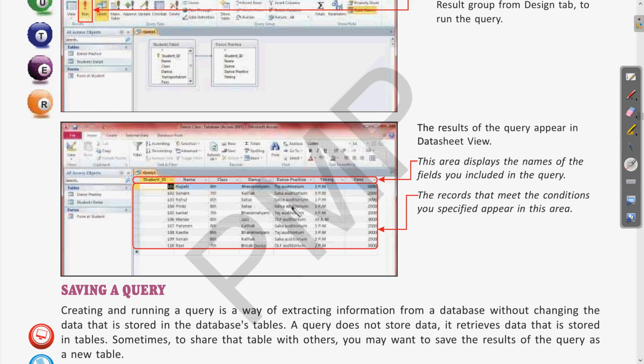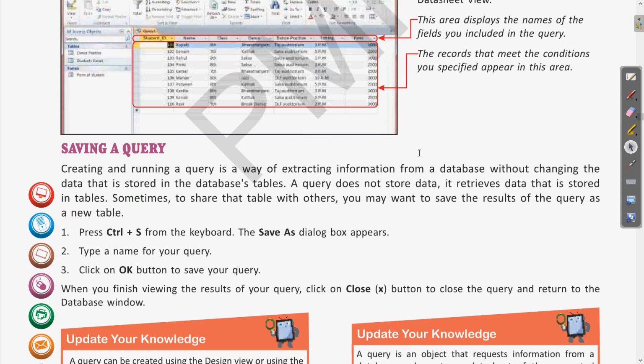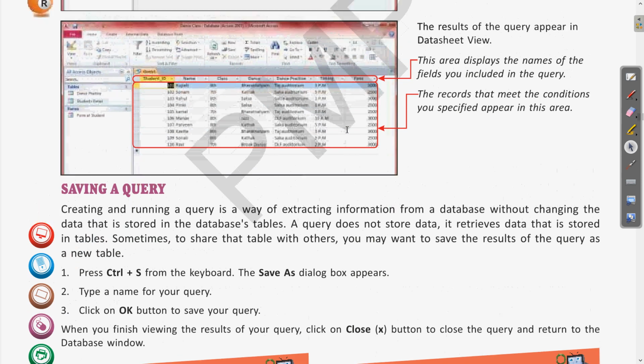So here also in this case, as we have chosen, records were displayed only when the conditions were met. Only then will those records be displayed in that query. Then if you want to save this query, clear, so we have created and performed this query. Now let us see what the steps are to save it.